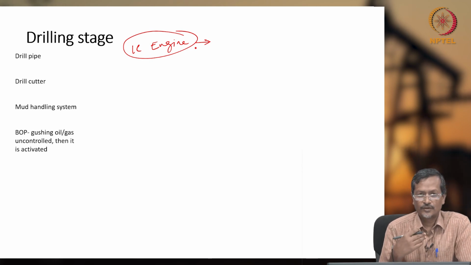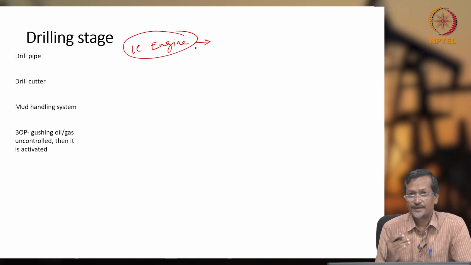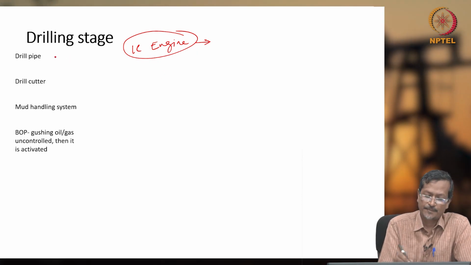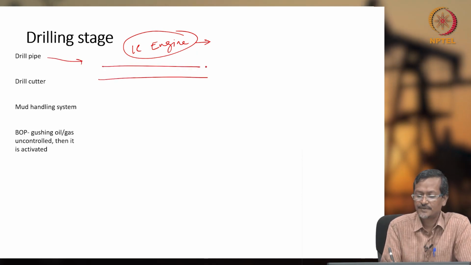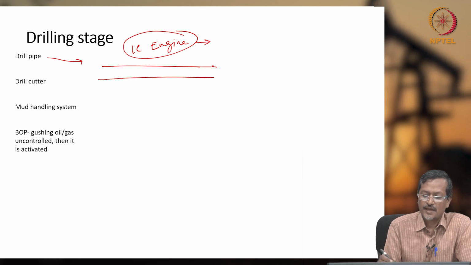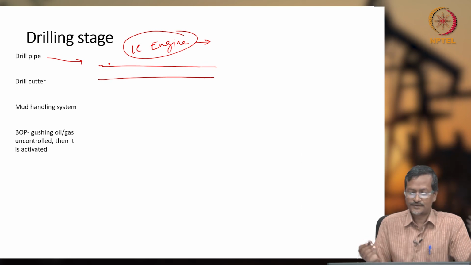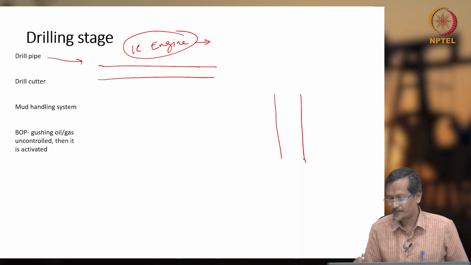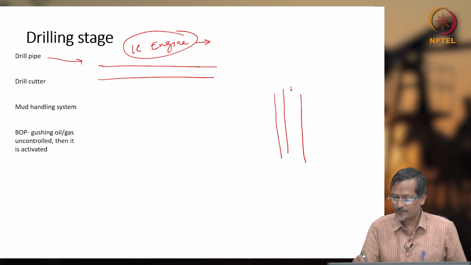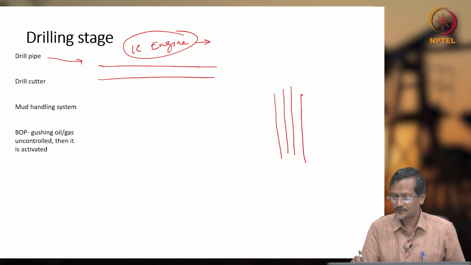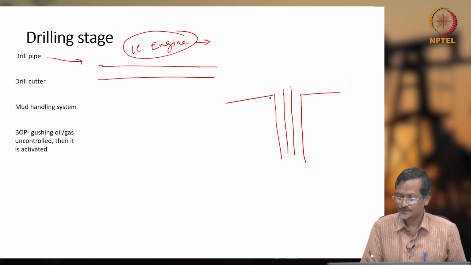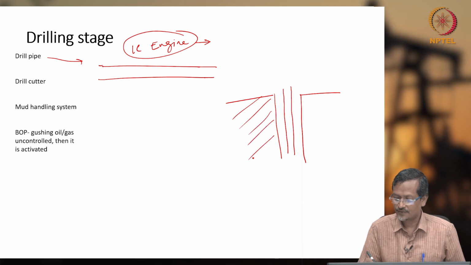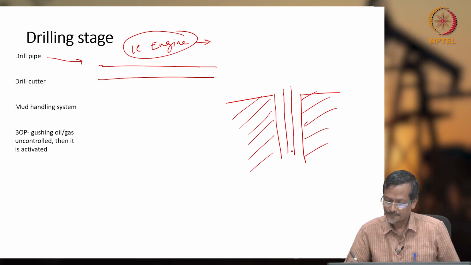Now when you are going for drilling, you need to carry drill pipe. Drill pipes are like metal pipes actually. It's a simple metal pipe, several feet long, maybe 30-40 feet long, and this pipe will be carrying drilling fluid. So here I will draw this drilling picture again. First you drill a hole, then the drill pipe will be vertical like this, and this is the surface, the earth, and this is the drill pipe, and you have a drill cutter like this,